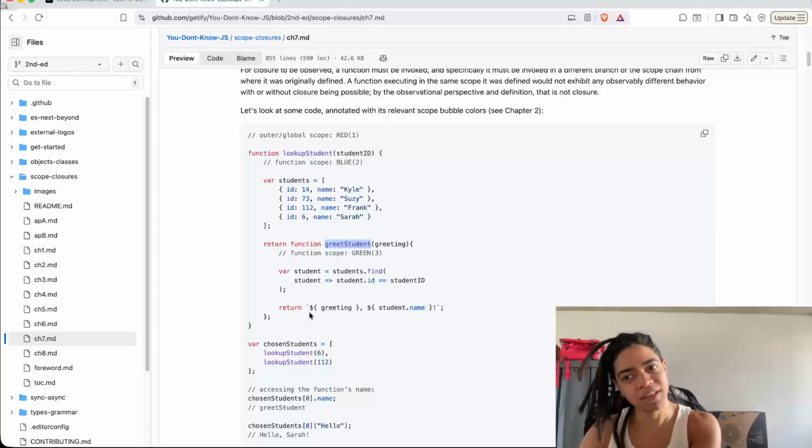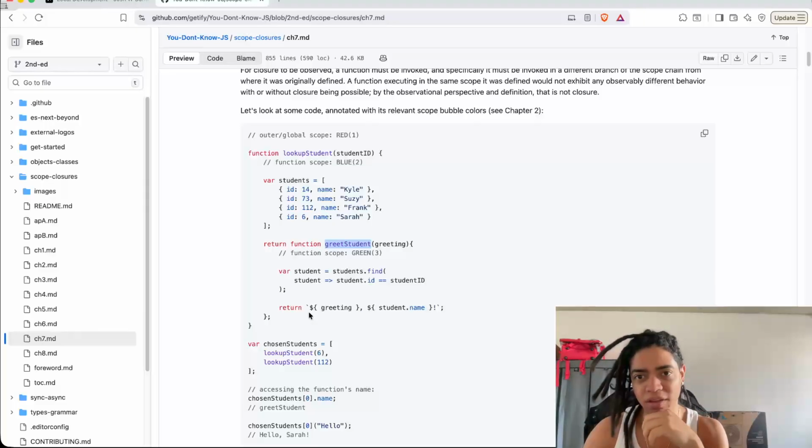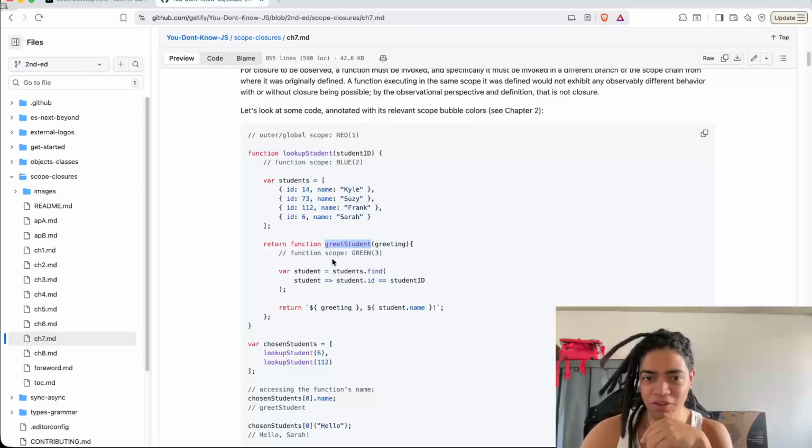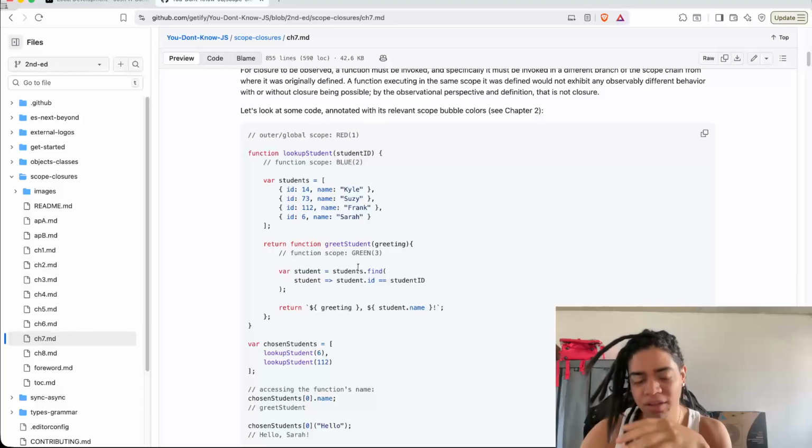And then you can, at any point in time or any place in your programs, run that inner function. So the observable behavior is that